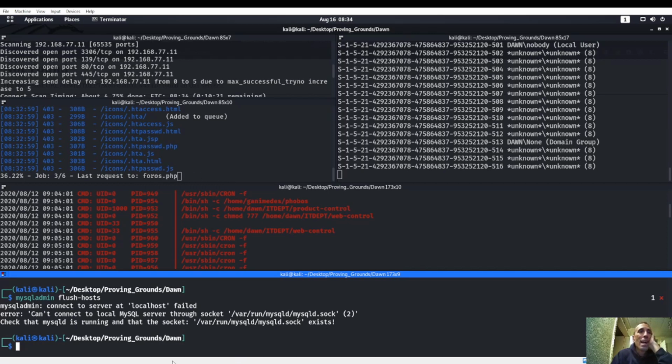So we may have to reset this machine. That's one of the problems when you use Hydra and you try to brute force MySQL, you can get a lot of problems with that. It's just how life works, I guess. I don't know. But it happens. So hopefully we find some other way in. Because right now, man,